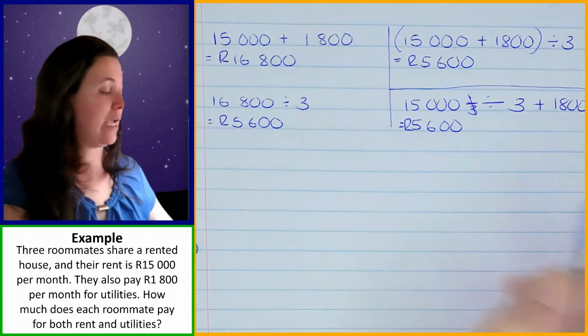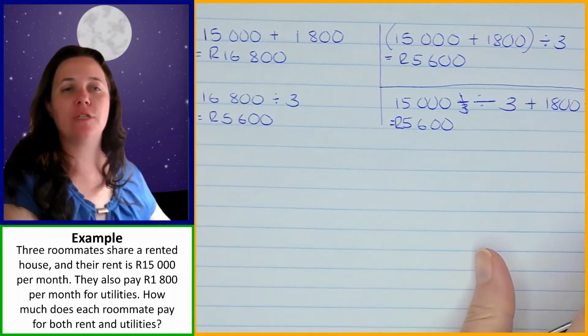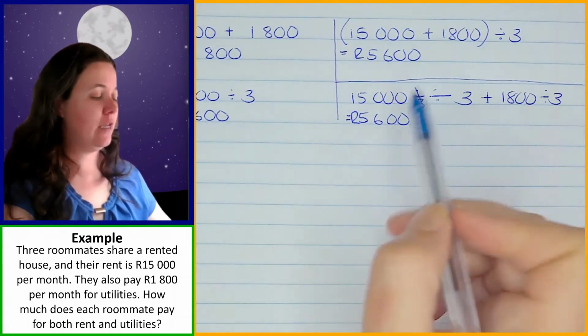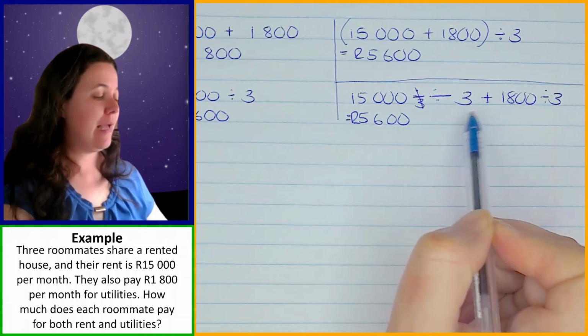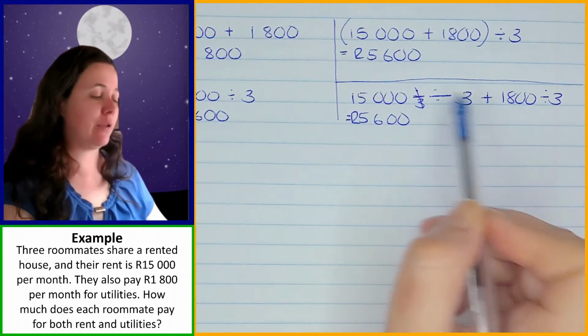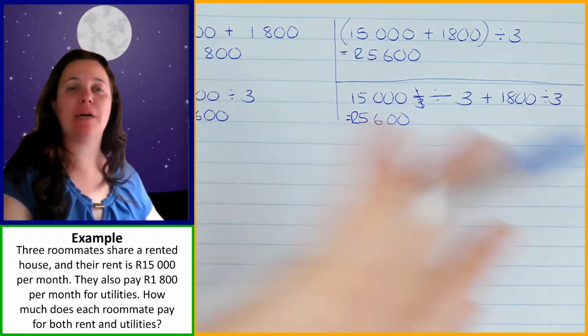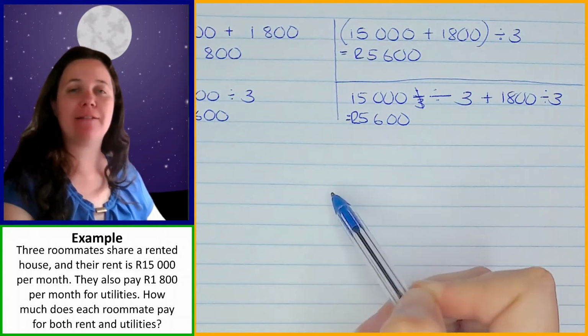Okay, so that's another way of doing it as well. Sorry, you can't see this whole thing over here. So we've got over here 15,000 divided by 3 and 1,800 also divided by 3. So we take the 2 separate parts, divide them both by 3 and add that, and that gives us the